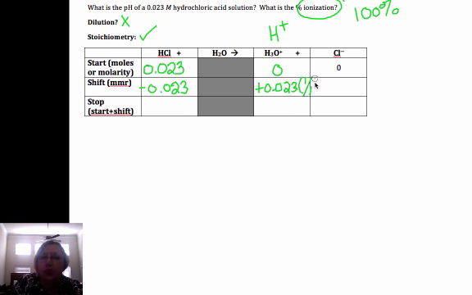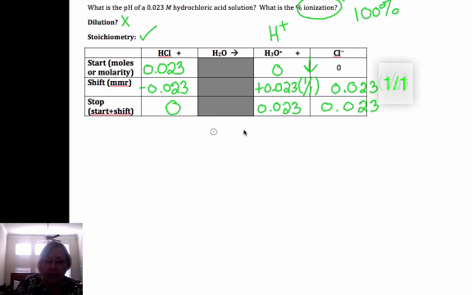Now, I'm doing the long way here. In just a moment, I'm going to show you a shorter way. But no matter which way you do this, you need to show me that mole ratio, that it's a 1-to-1 mole ratio. No assumptions. All right, so of course I have none of the HCl left because it went 100%, and I have 0.023 molar H3O plus and 0.023 molar Cl minus. pH is equal to minus the log of my H plus or H3O plus, and I get